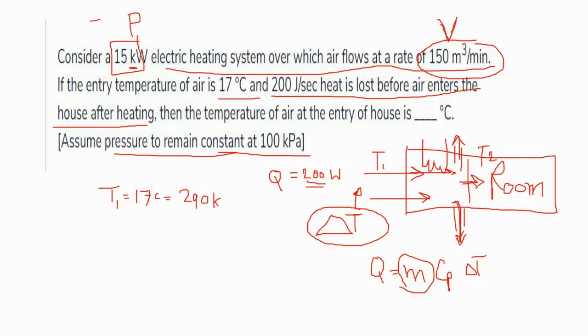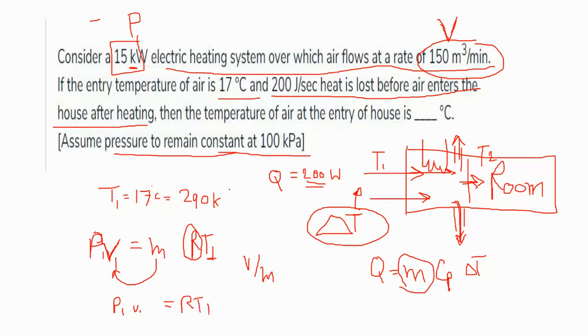So you know the basic gas equation, PV is equal to mRT. Here P is the pressure of the system, V is the volume of the system, in this case air, m is the mass of air, R is the gas constant, and T is the temperature. So at inlet, this becomes P1 V1 is equal to mRT1. Now if I divide by m on the right hand side, we will get P1 into small v1, the specific volume, volume per unit mass, is equal to R into T1.